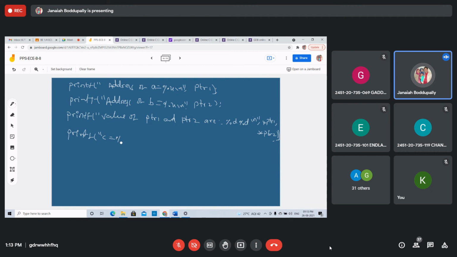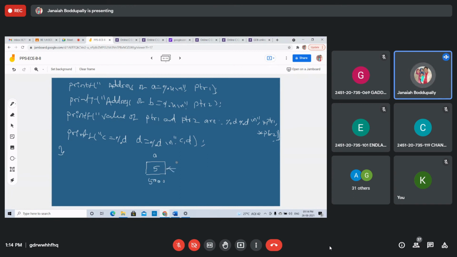C equals to %d, D equals to %d, then C, D. That's it. Tell me, students, what is the output of this? PTR1, pointer 1, address will be this way. Suppose this is A, this stores 5, address is suppose 5000.